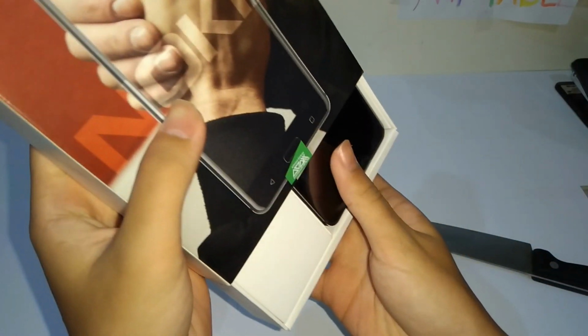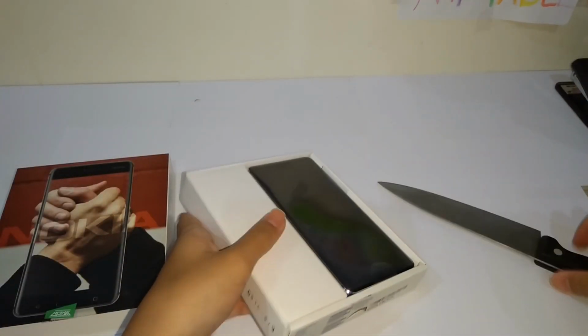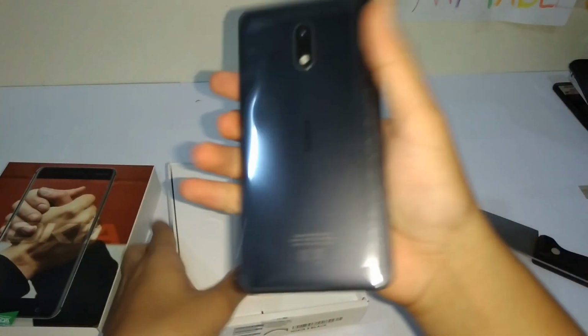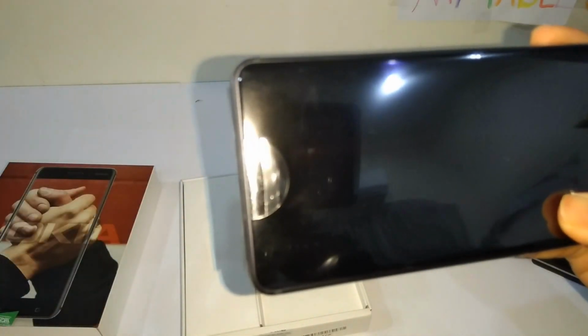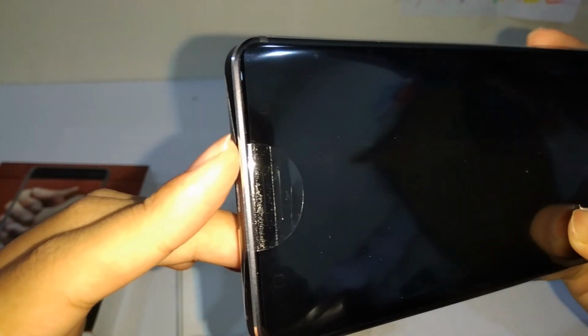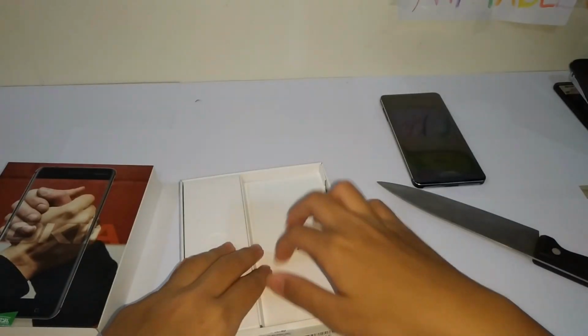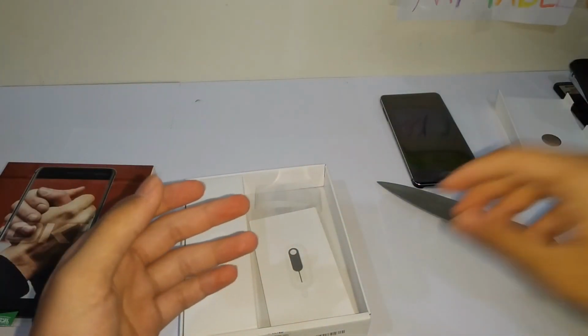Alright, seal is torn. Slide the packaging out. Always love that when you get a new phone. So inside, Nokia 6 still in its proper seal and all. As you can see here, I hope that this is actually a brand new unit, because if so, that would be perfect. So you get this paper cardboard dividing thing, and